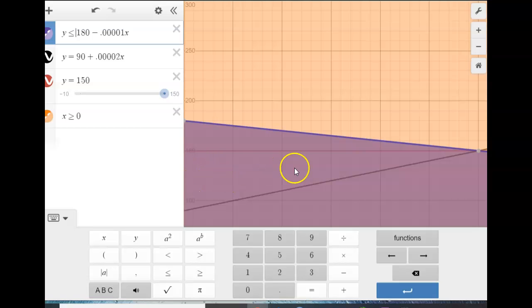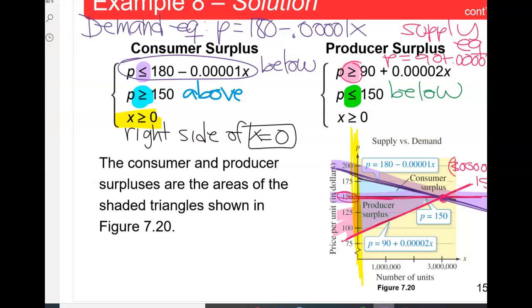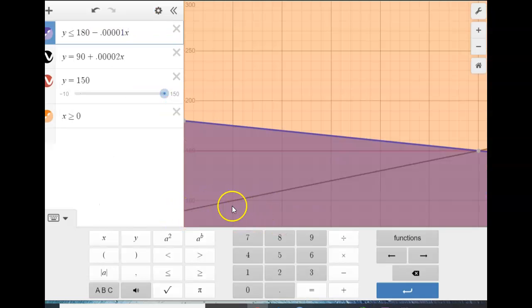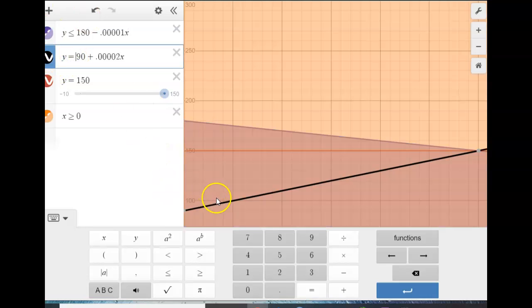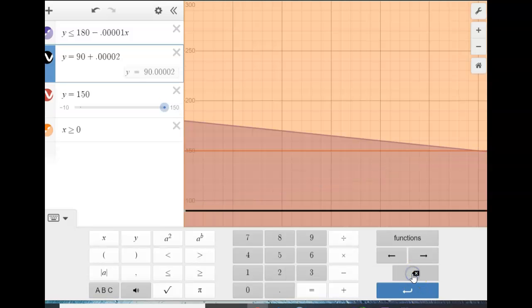And then for the supply equation, the one down here in black, we are going to switch that. We want to color above that line because we want to get the area between red and black. So it's going to be greater than